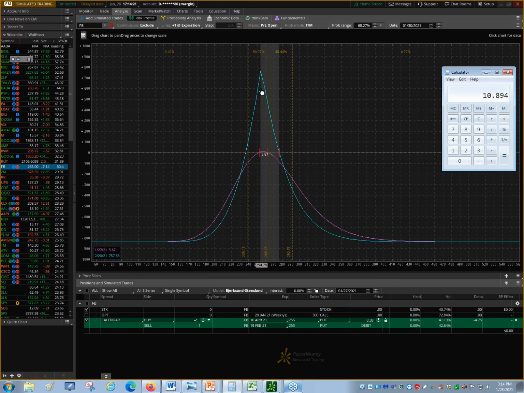Now, the other problem is if I wait too long and my short puts go in the money, I have to deal with assignment risks and all that stuff. Yes, I do have the long option to offset that, so I don't have to worry about being naked a put or anything. I have something that has defined that risk. I can go and offset that with somebody else. It's just too much commission cost, too much of a headache, all right? I get down to this 255 strike, I can almost assure you that you're going to have seen your premiums increase by at least that 30%, okay? And that's what we're looking for.